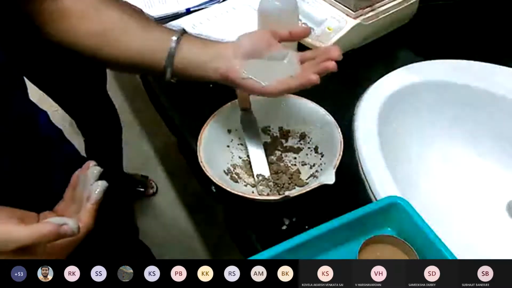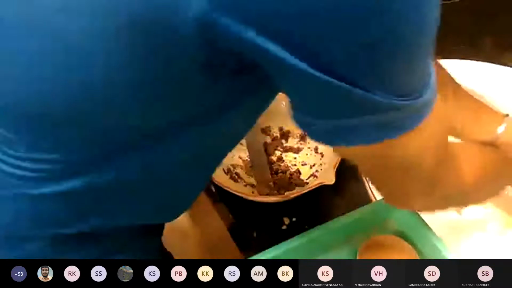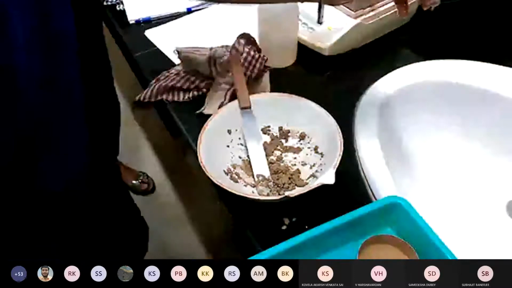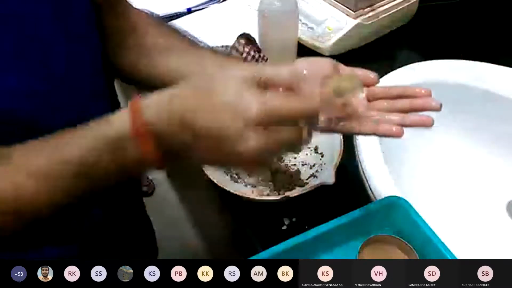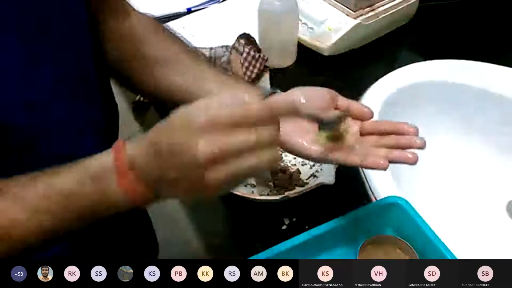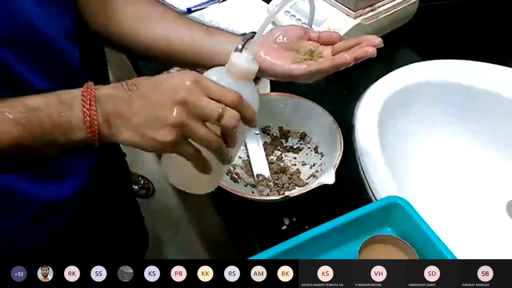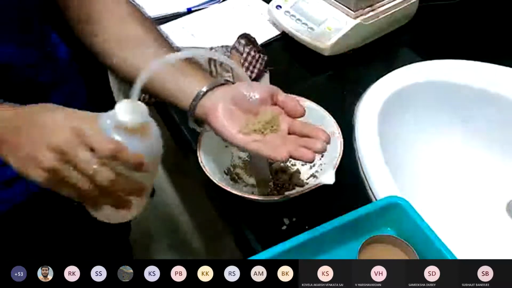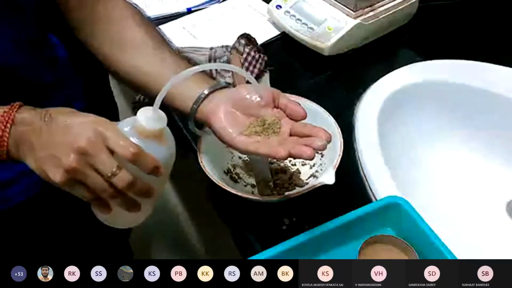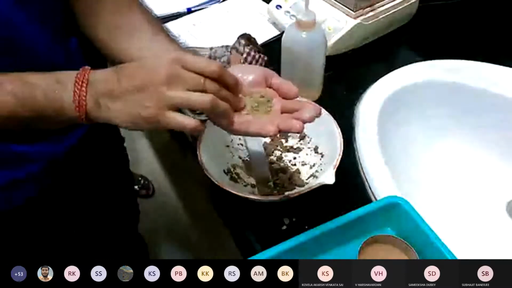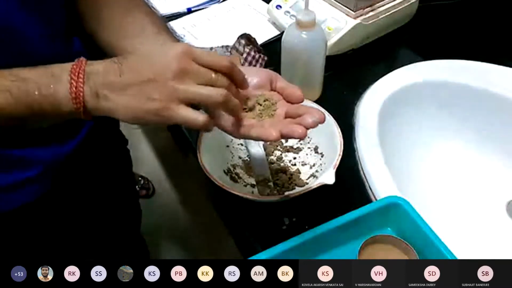So I'll show you another soil. Show the different consistency. Add a small amount of water and convert it first into a hard ball, then a soft ball.